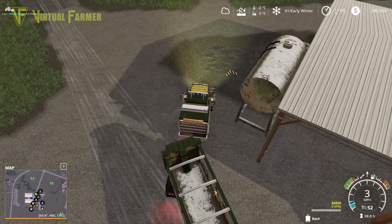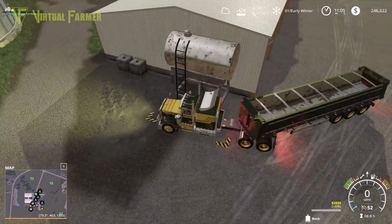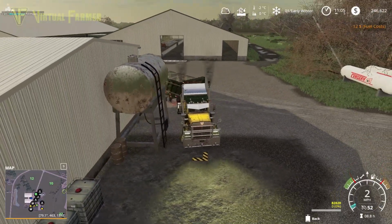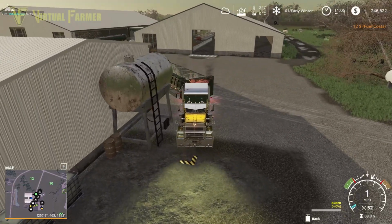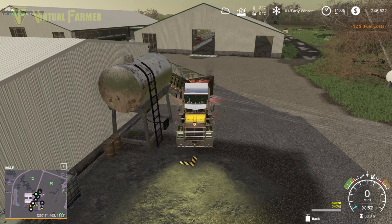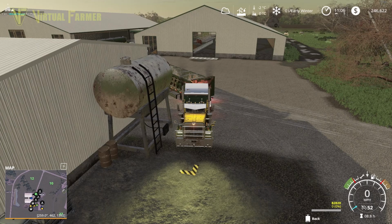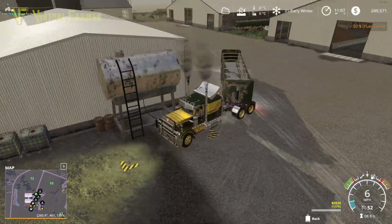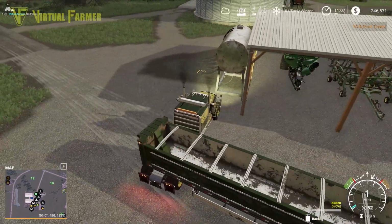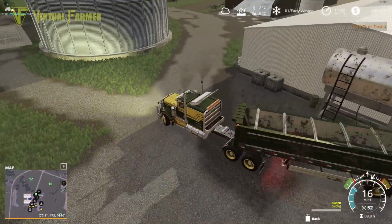There we go, over here, and yeah, not getting anything out of that. So what I might do, oh no, it did. It is a fuel purchase point. Look at that. Oh, I had fuel come out of that then. We had a, yeah, there we go. That is a fuel purchase point, so I can actually purchase fuel there. I do like to try and hold fuel on the farm, but yes, we can refill our trucks from there,